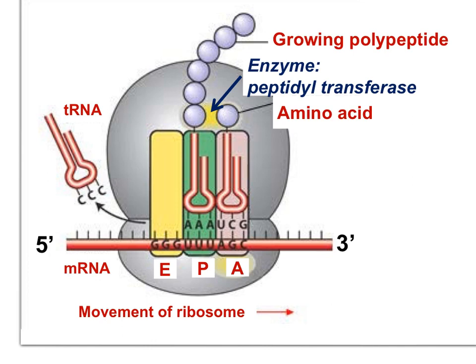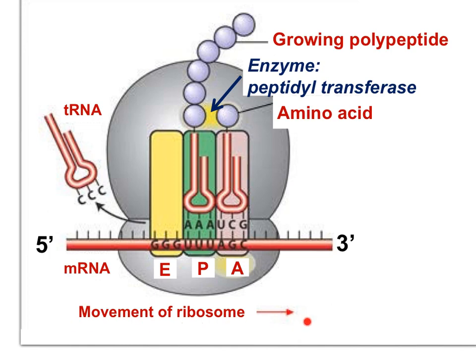In this image, we can once again see the A site, the P site, and the E site. The arriving tRNA comes into the A site, carrying an amino acid. The polypeptide chain is attached to the tRNA in the P site, and tRNA molecules exit the ribosome from the E site. The enzyme peptidyltransferase forms the peptide bond between amino acids, and the ribosome moves along the mRNA in